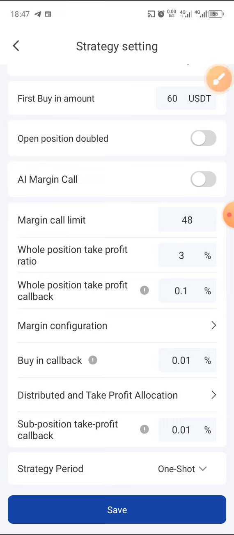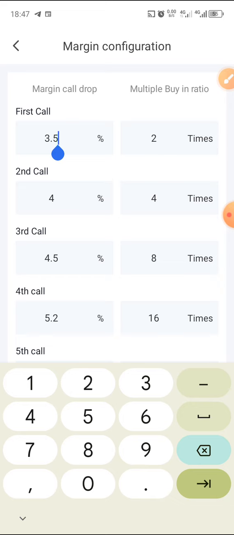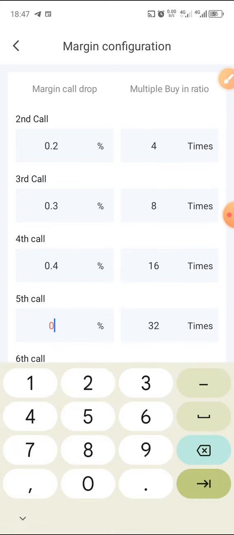Then when we go into the margin call configuration, you set as you previously set your strategies, like 0.1, margin call number 2, 0.2, 0.3, 0.4, 0.5,